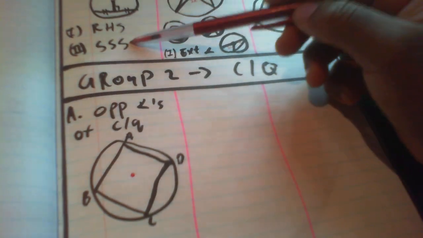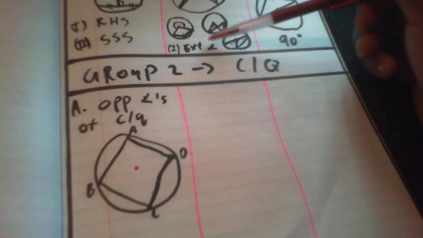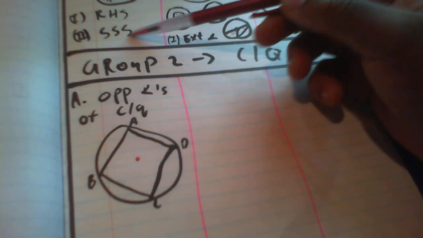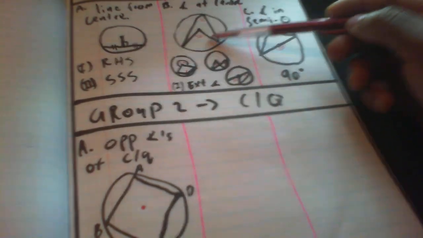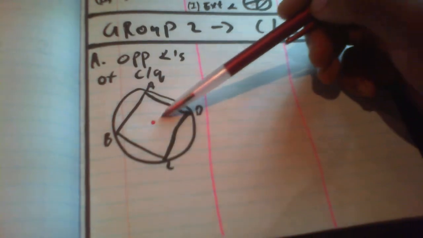Congruency, the two types of congruency that we are using here, and the exterior angle of a triangle. These are from previous grades, so we use them to prove these two theorems. Now we use angle at the center to prove angle in a semicircle. Now we are going to use angle at the center to prove